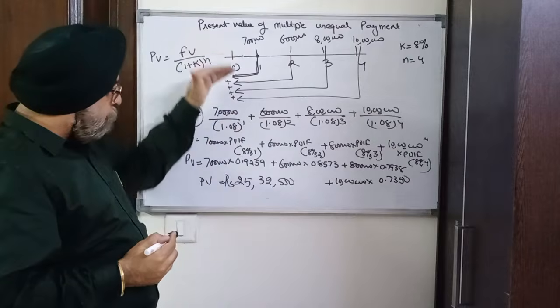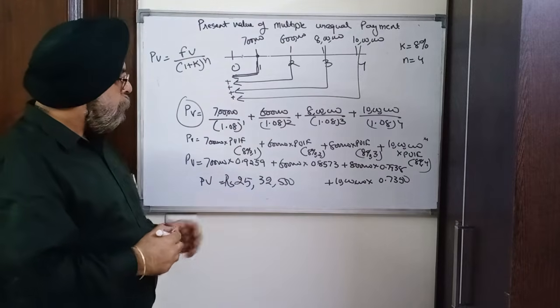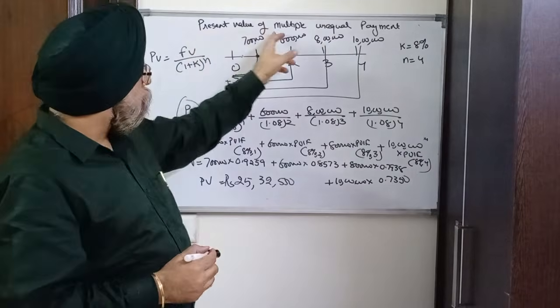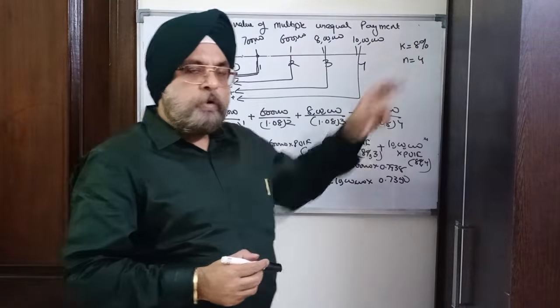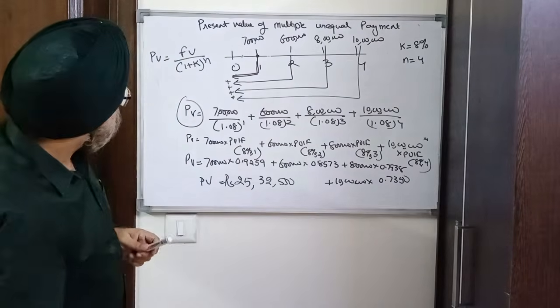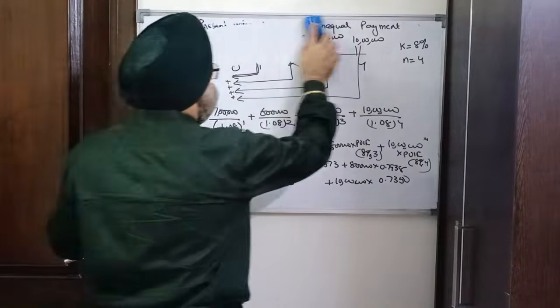You can do it in the tabular form also. You will get the same answer. So this is the present value of multiple unequal payments, or present value of single payment, which I did initially. So the last concept